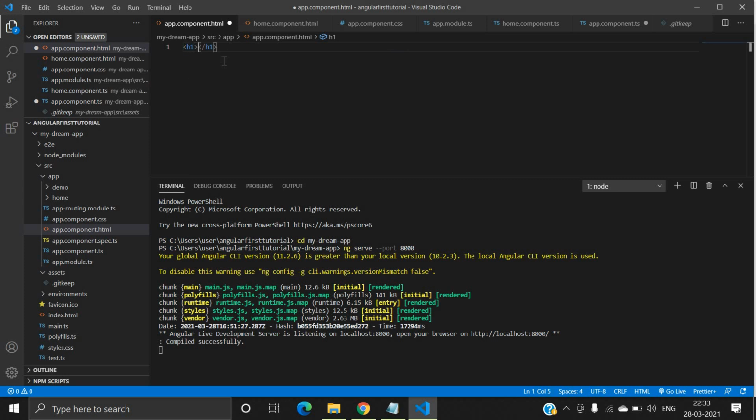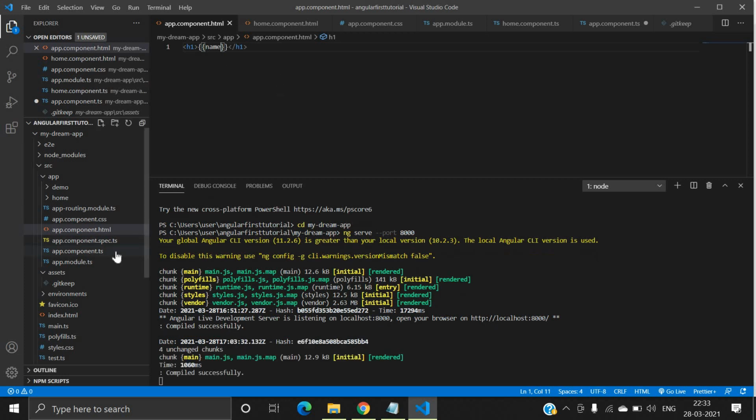So inside the h1 tag I will use interpolation and paste the property name. I will save.